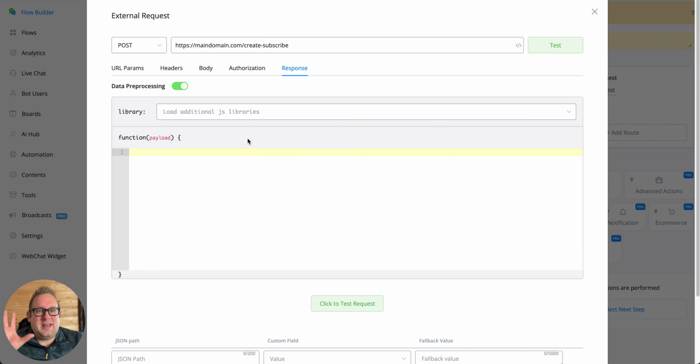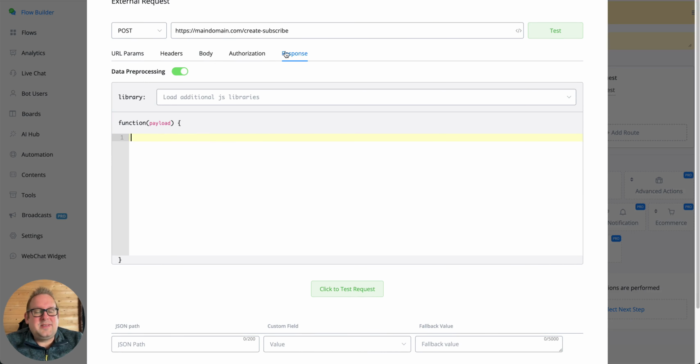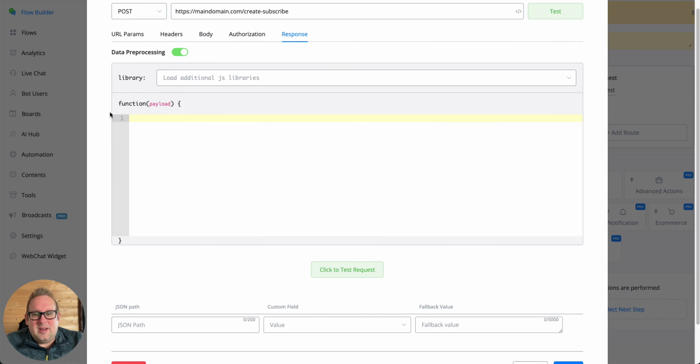Once enabled, you get a JavaScript-like environment where you can now format the data that you receive. And as you can see, the function by default has payload, meaning that the response that you get back is considered the payload, right? So for example, if you only want to return certain values from the payload, and let's say that's only the email or the name, or you want to remove something, right? Or you want to add something instead,